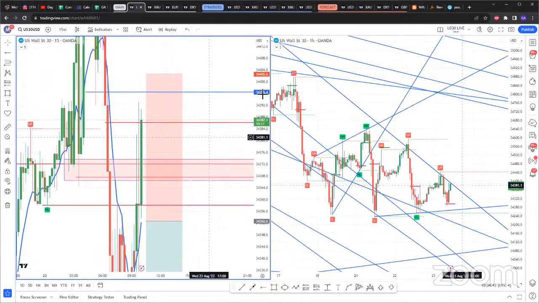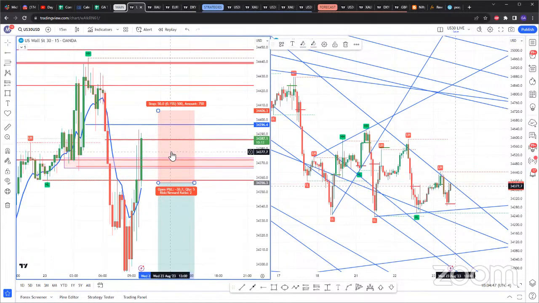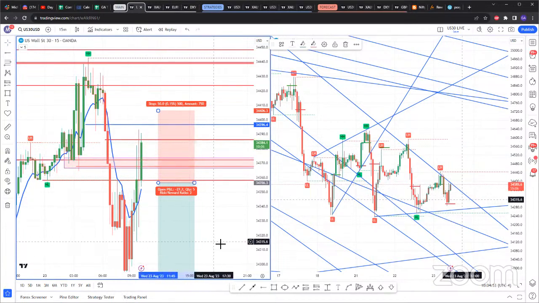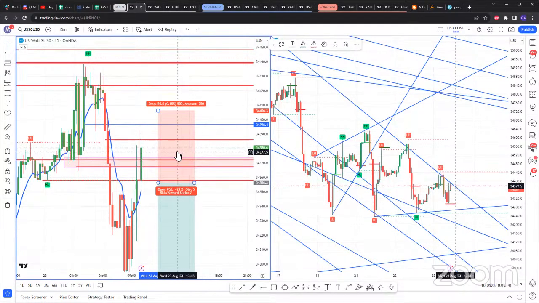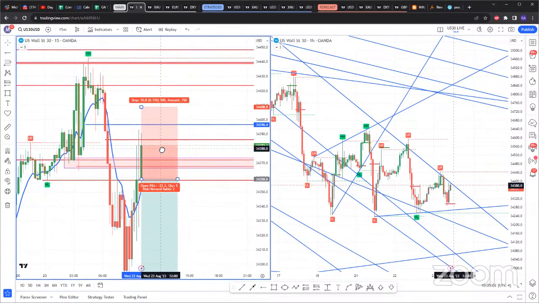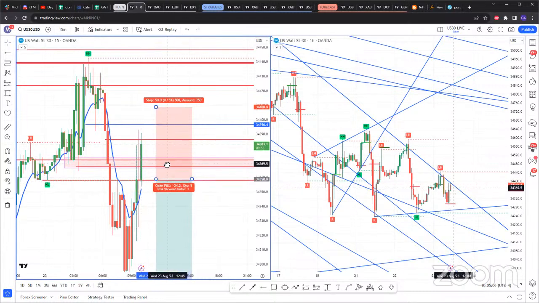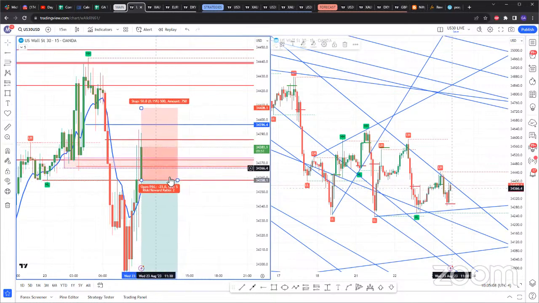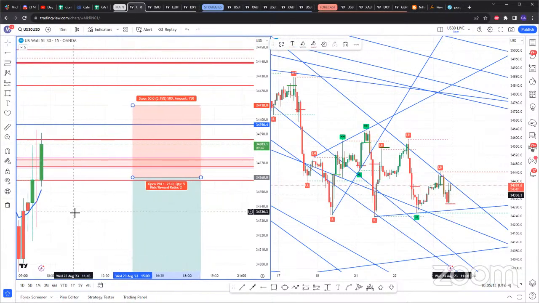So the only reason I am looking for this to be a sell, and keep in mind, for this to be an official sell on US 30, this 15-minute candle has to close below this zone, because it's always two 15-minute candles. And actually, wait a minute. I think this should be the trade, my bad. Give me a second. 9:30. Yes, actually, this was the trade right here, because it was two 15-minute candles, right? I'm sorry, I think I analyzed gold for a long time.